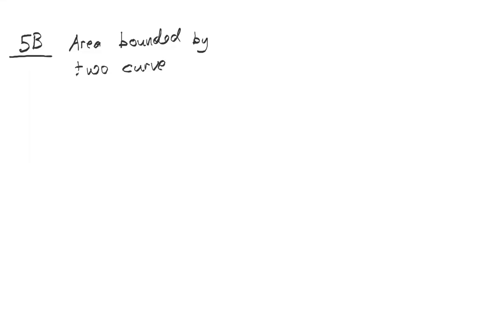When we say two curves here or two functions, that means it can be a straight line or a curve. Okay, two functions. So when we talk about area bounded by two functions, okay, let's straight away go to